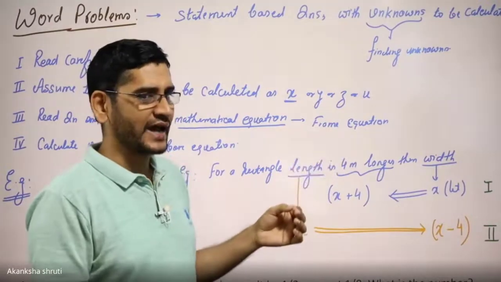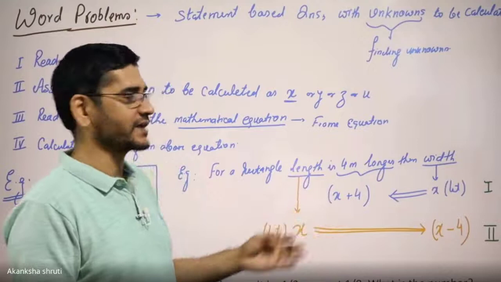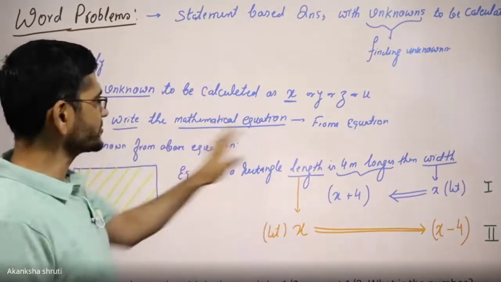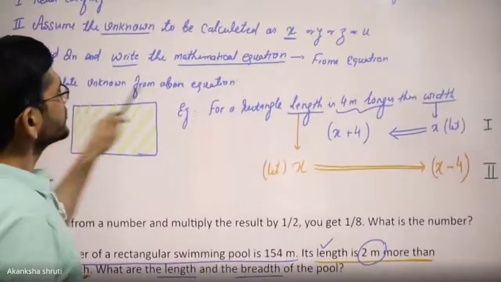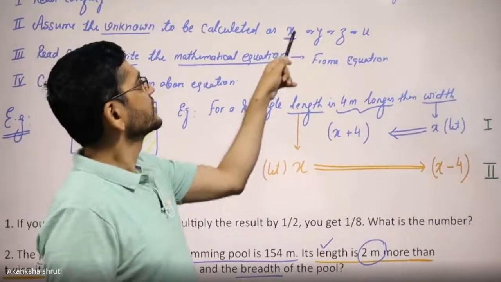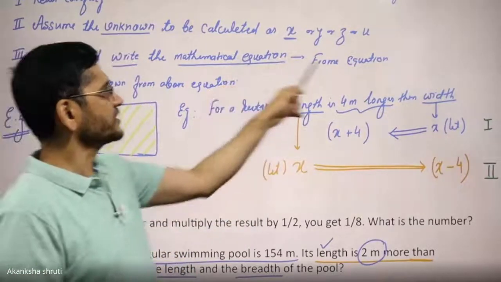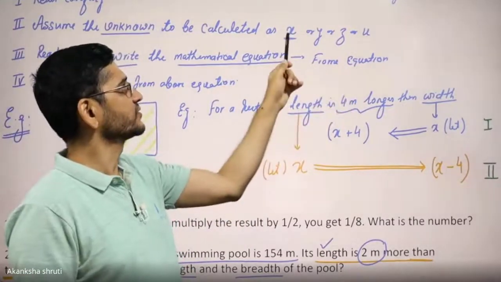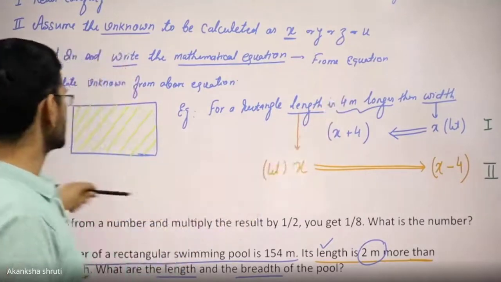From each part you have to understand whether it is adding something, subtracting, or what is happening, and from that you have to frame the equation, and from that equation you have to calculate the unknown that you have assumed. So the equation that will be framed will contain your unknown, some constants and variables.